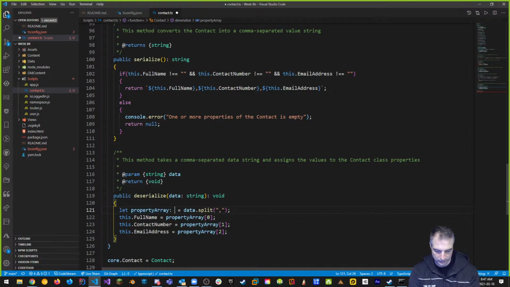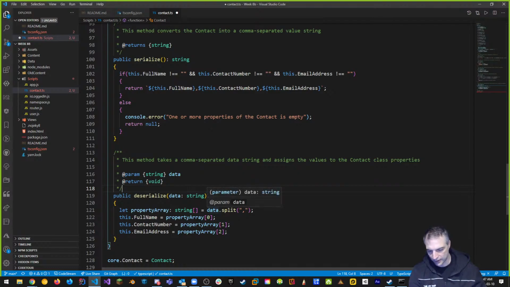You can be explicit like this if you really want to, or you can just be implicit and it will define the type based on what you assign it, like in other languages. For example, if you use the auto keyword in C++ or the var keyword in C#, it will do implicit typing of the type. But this would be explicit typing. I'm telling you exactly what it is. I'm overriding what it detects from what I'm assigning. Okay, so this is okay.